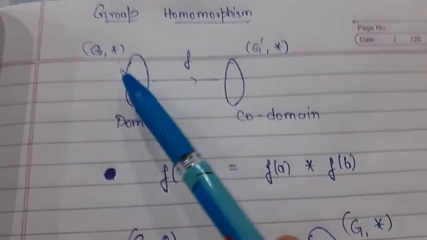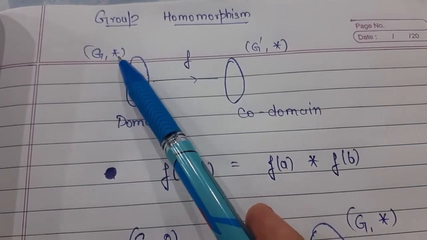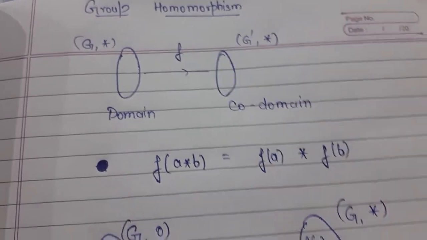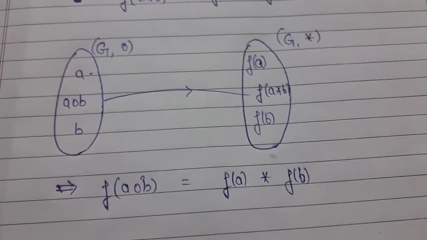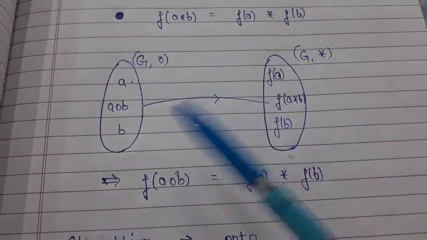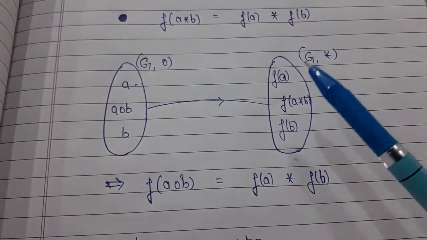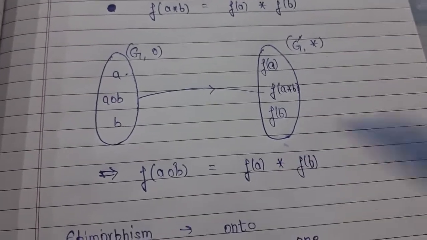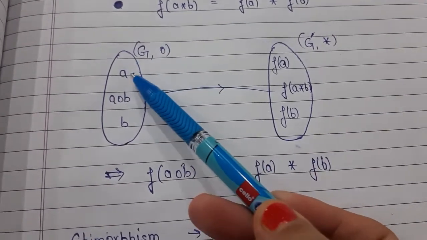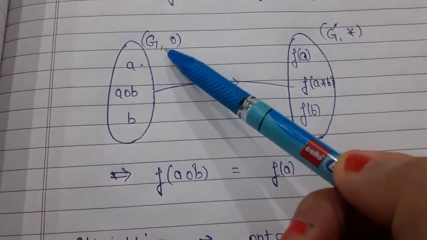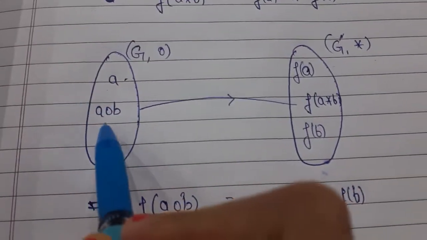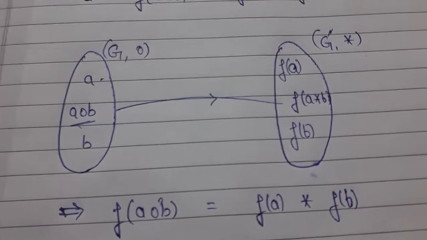Here what we have done, we have taken an example of a group under the same binary operation star. So what happens when these binary operations are different? Let us take a group G under binary operation circle and the other group, say G dash, under binary operation star. Let the elements in this group be A, B. Now these elements will be closed under the binary operation circle here, right? So the element will become of this form.